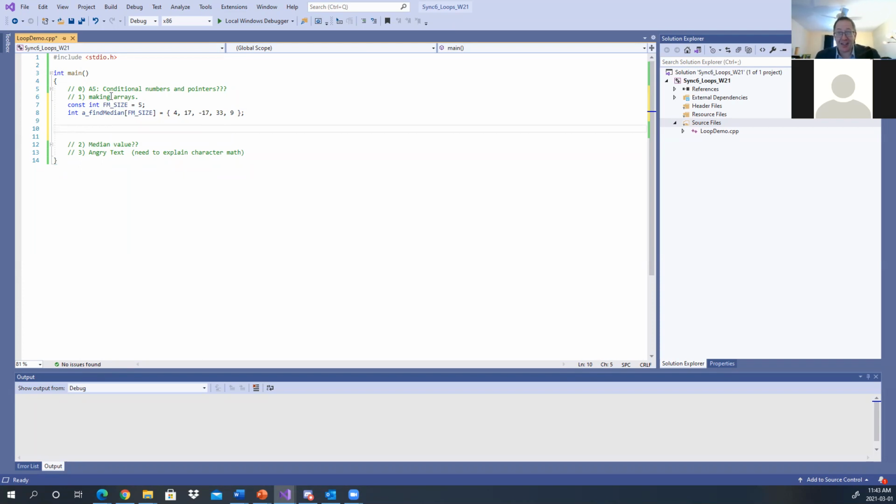In fact, I got to think through this. Finding the median of a value is actually a lot harder than it might seem. Because how do I know where the middle point of this thing is? How would you figure out what the middle point of this thing is? So, any suggestions, actually? We could try a bunch of different things. I have something in my head, but